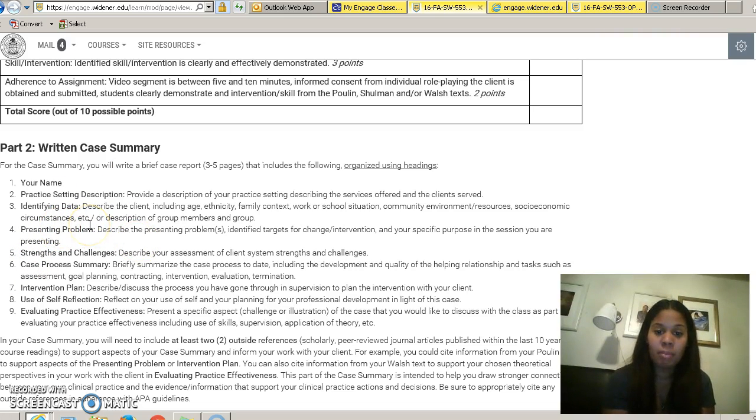The presenting problem, whatever that looks like, the strengths and challenges, and the case process summary. So you're going to briefly summarize the case process to date, including the development and quality of the helping relationship and tasks such as assessment, goal planning and contracting, intervention, evaluation, and termination. So you want to go through all of the headings right here, and make sure that you are including them in your